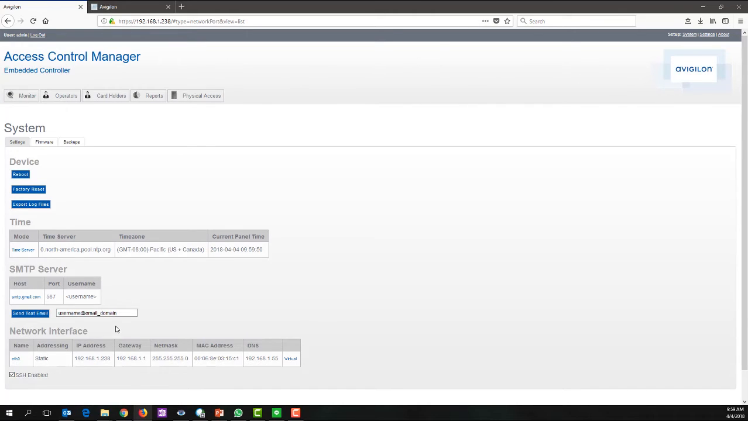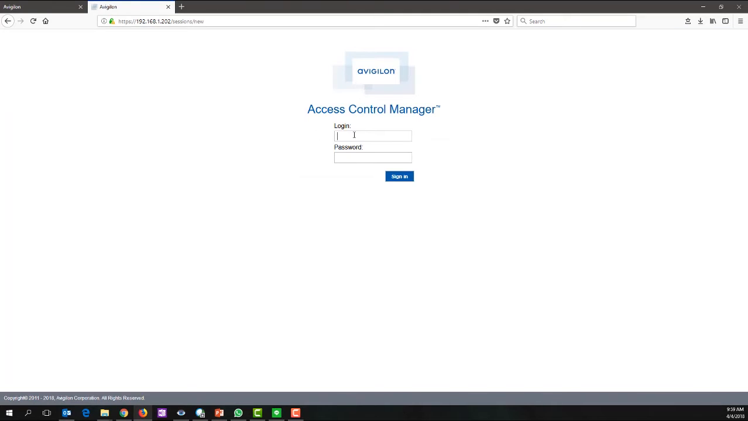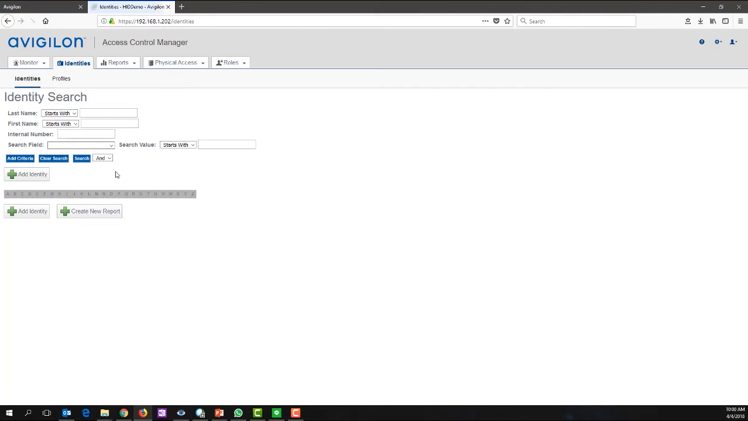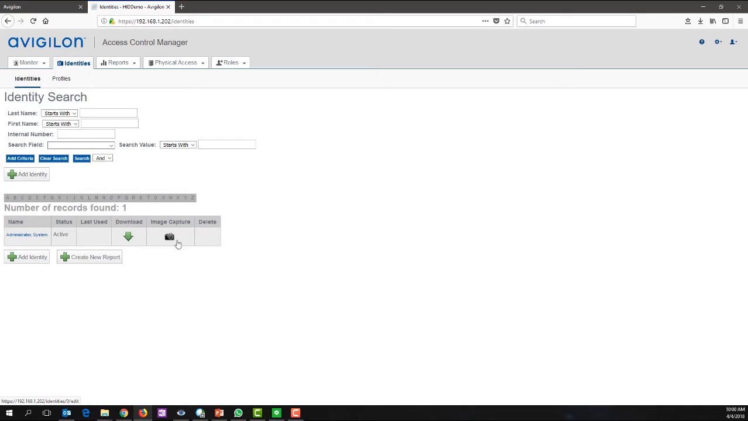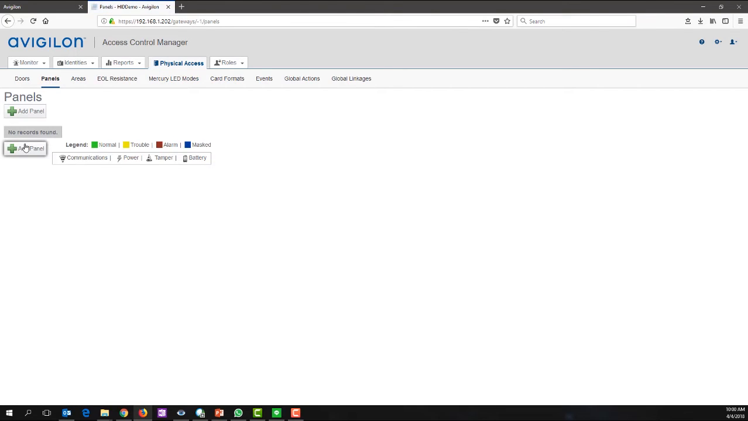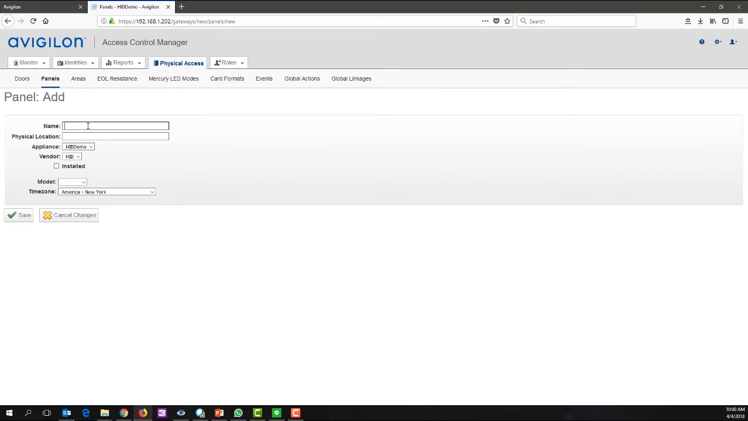And once I've done that, I'm going to go now to my enterprise appliance, and I'm going to log in. And you guys will notice here, I have no identities in the system other than the system administrator. No doors, no panels, nothing here. So now what we're going to do is add our ACM embedded controller. So ACM EC